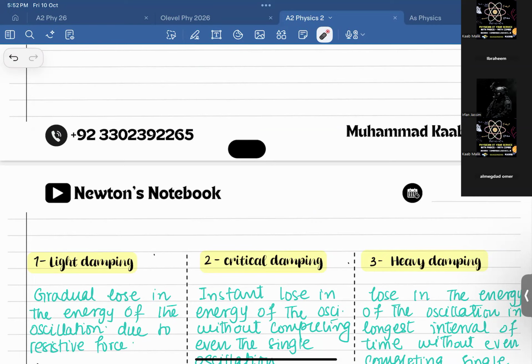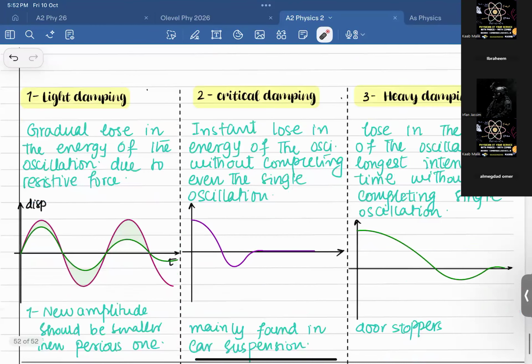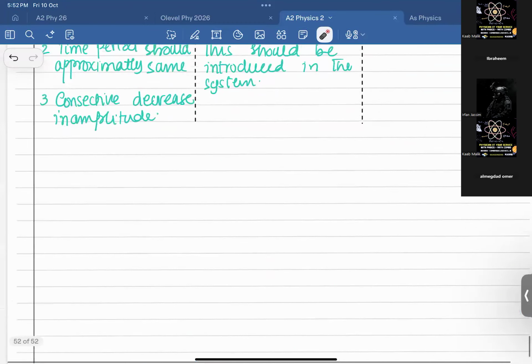So to overcome the loss in the system, we apply some external force or external frequency or external energy that maintains the energy of the oscillation of the system, right? This will be better if you want to continue the oscillation. And the concept is known as